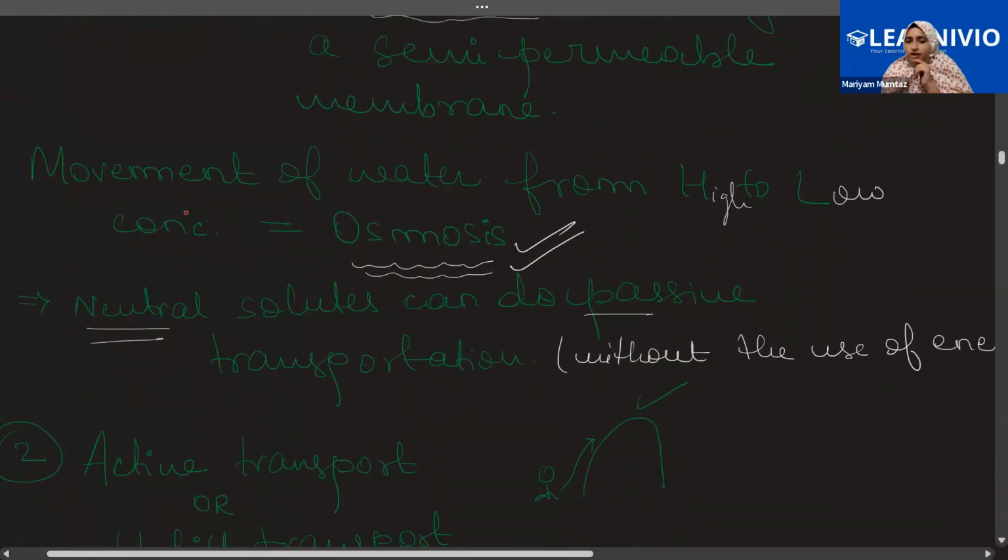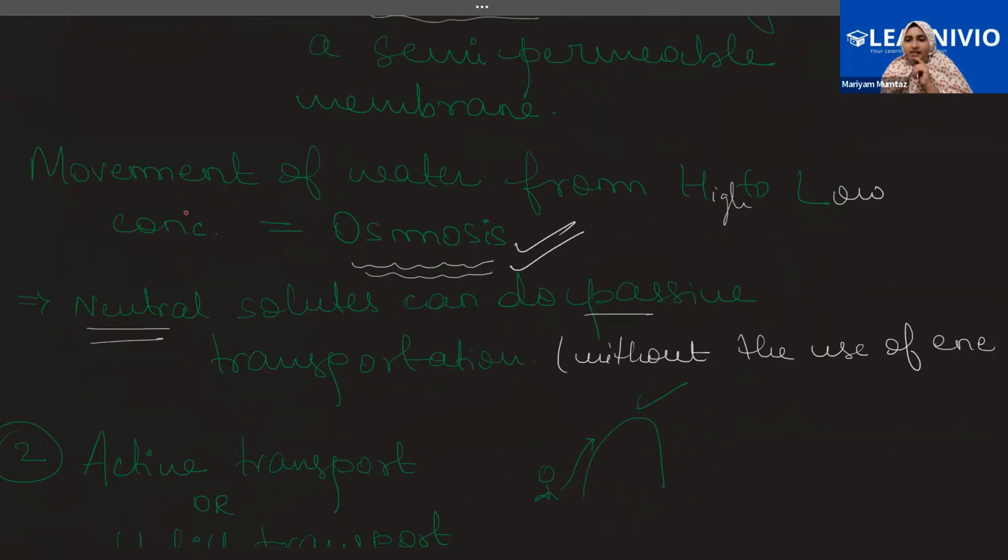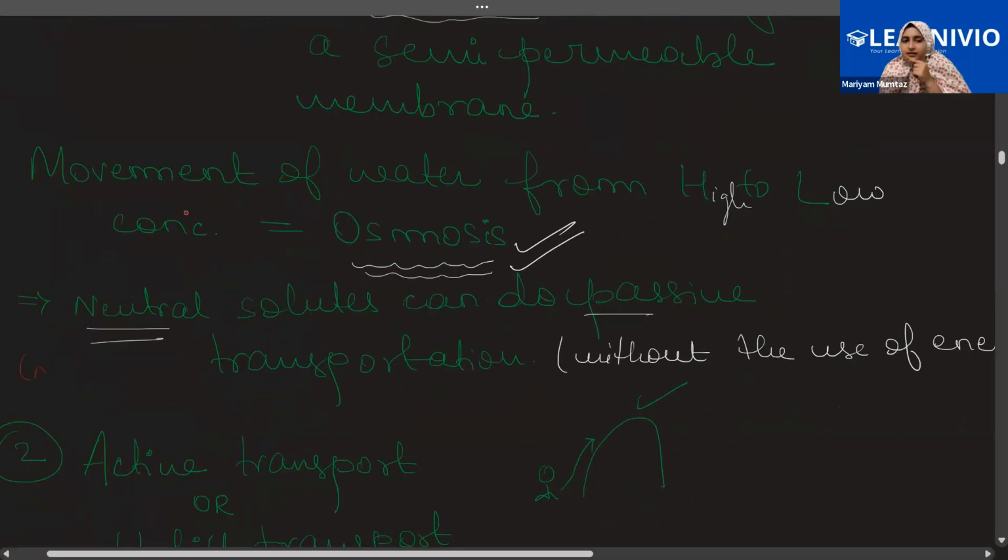Now, neutral solutes can do passive transport. Neutral solute means the ones that do not have any charge. They are neither positive nor negatively charged. So they are neutral. Neutral means no charge. So all those molecules that have no charge on them can easily pass through passive transportation